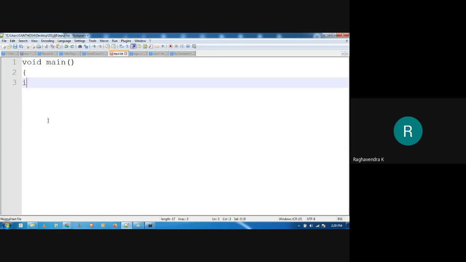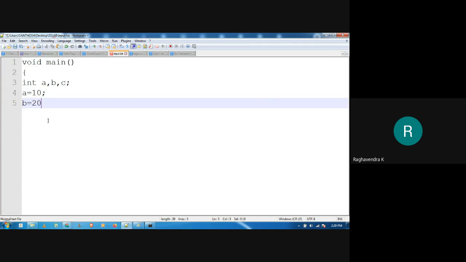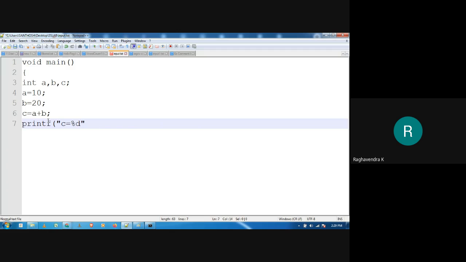Normally how we write a C program: int a, b, c; a is equal to 10 and b is equal to 20. I'm simply writing a C program just for our reference, right? So this completes our C program.